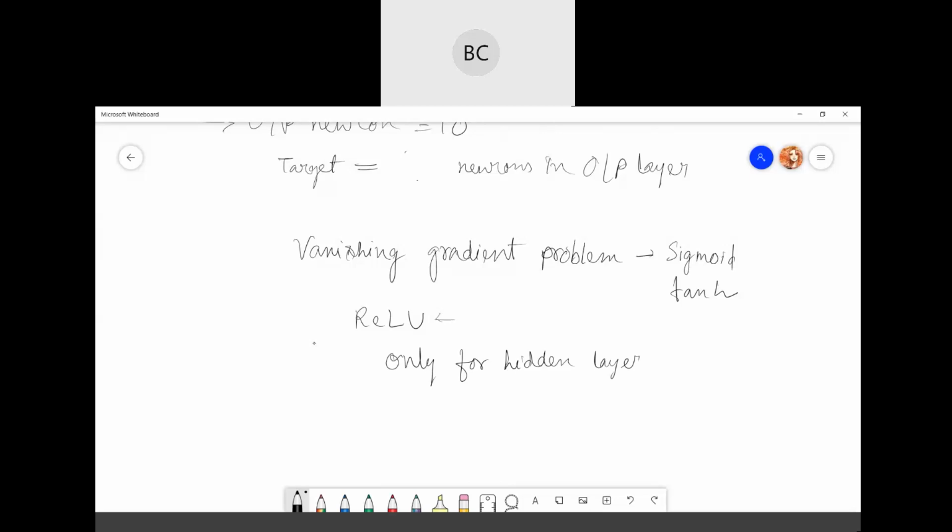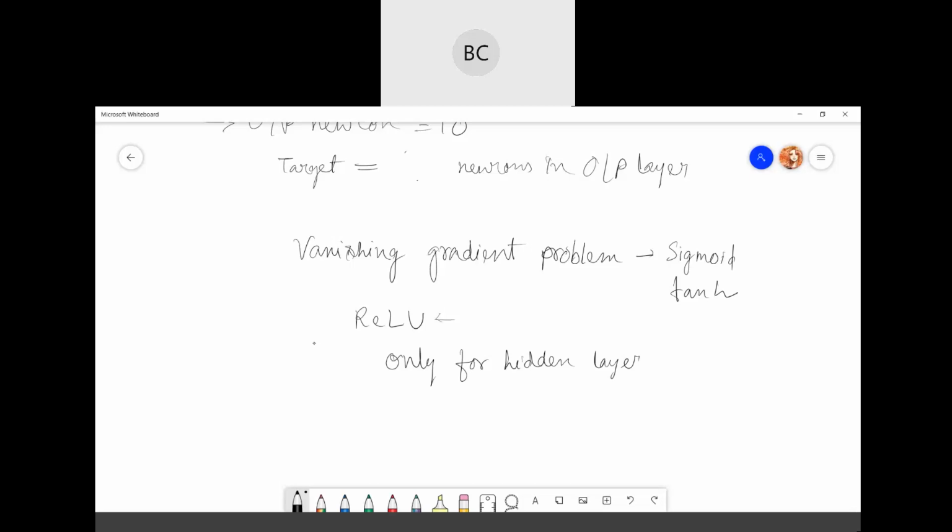Each layer or each neuron will use an activation function, right? So ReLU is useful only for your hidden layers. For the output layer, you can go for sigmoid, you can go for tanh, and you can go for softmax if you have multiclass. In binary also, you can go for softmax, not a problem.